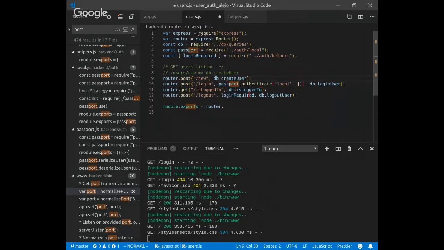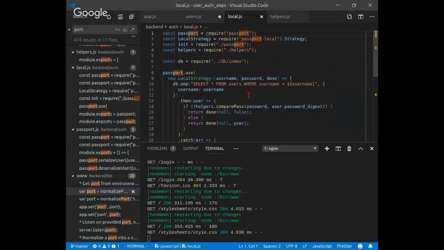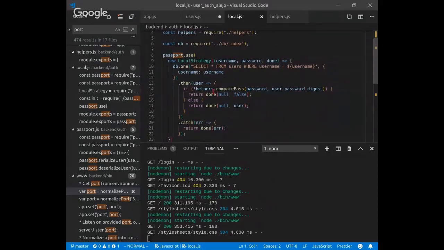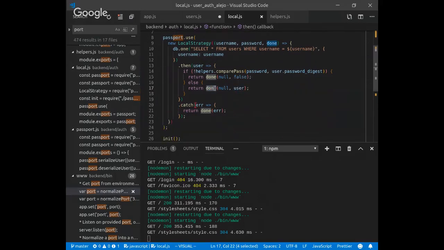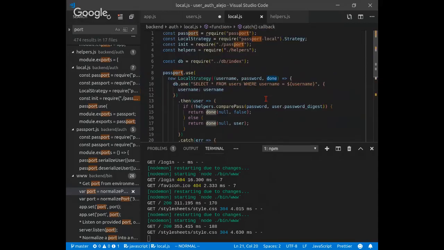So in Passport, Passport checks all that, and then we can see when it's gonna call next, I think. Oh, well, if the comparison was successful, it's gonna call this function called done with null and the user. And if there was an error, it just calls done with the error. And then this done is provided by,